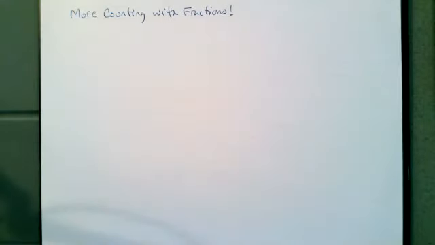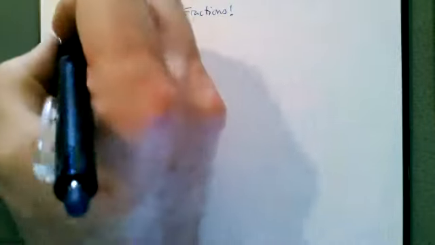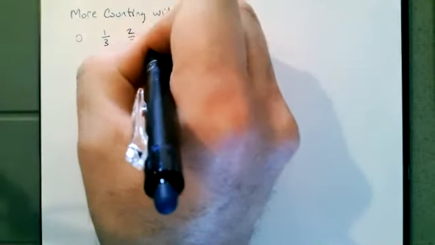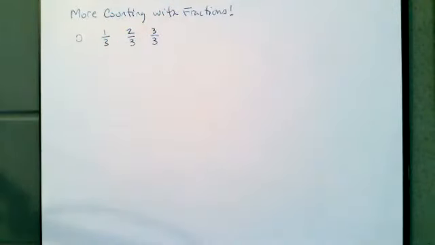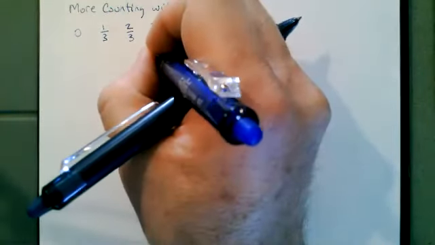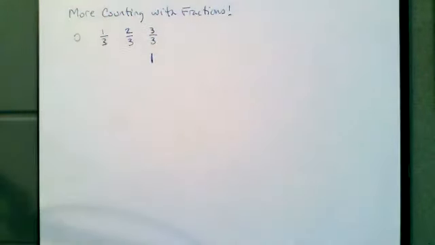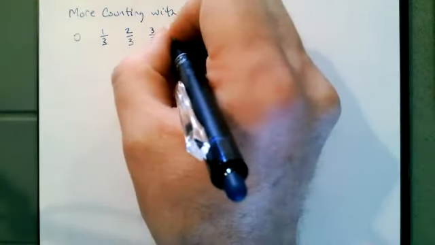I want you to know we are counting with fractions. Let's count by thirds. So we start off at 0, and then 1/3, and then 2/3, and then 3/3, which is not how we write that. 3/3 is equal to 1. After this is going to be 4/3,